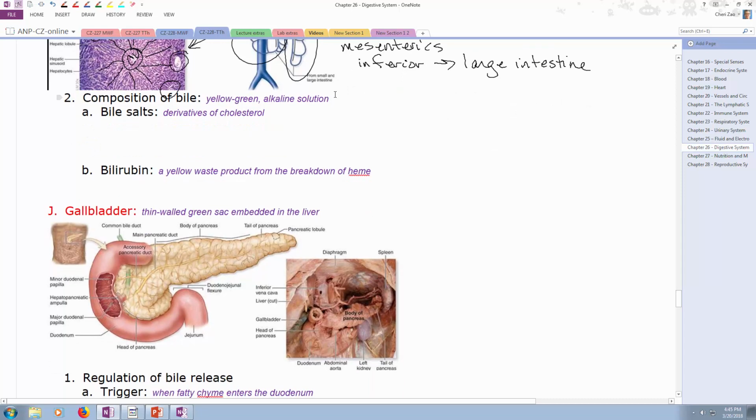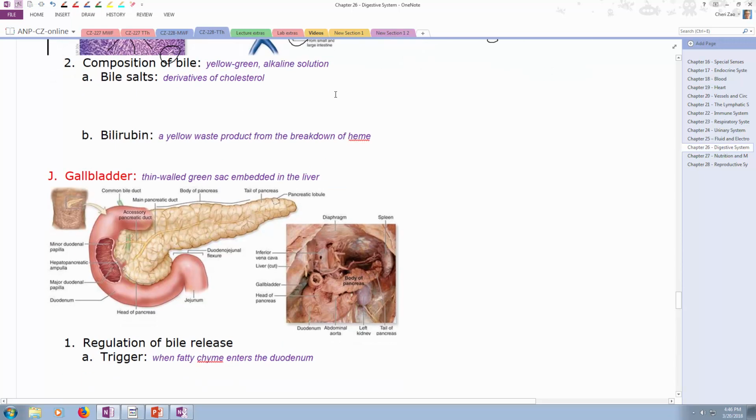Again, these notes are kind of out of sync here. Composition of bile. Let's go down and just talk about the gallbladder, and then we'll talk about the composition of bile. Gallbladder is defined as a thin-walled green sac embedded in the liver, and it is a bag that stores